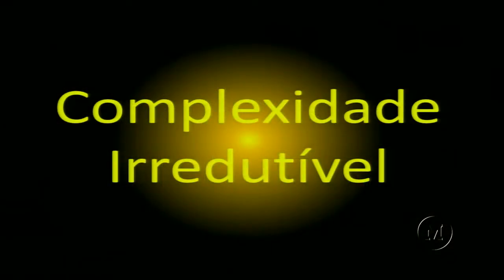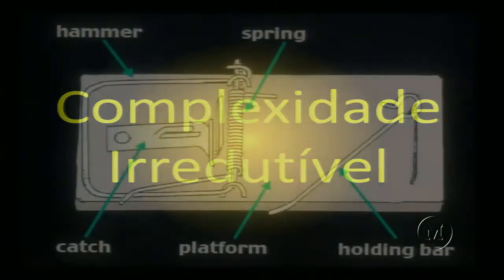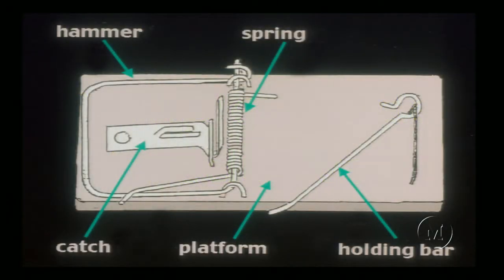And irreducible complexity is a fancy phrase, but it stands for a simple idea. Many machines, many systems depend on multiple parts interacting with each other in order to perform their function. And you can see that in even very ordinary objects from our everyday life, such as this mousetrap. The mousetrap has a number of parts: the wooden platform, a spring, a metal hammer, and other metal pieces as well. And even very tiny features of the system are critically important.